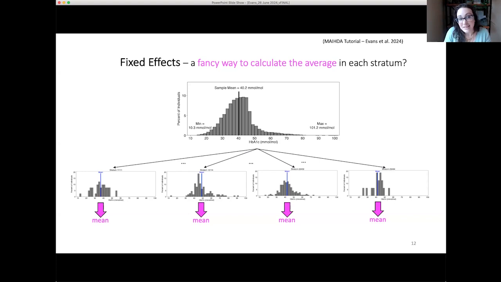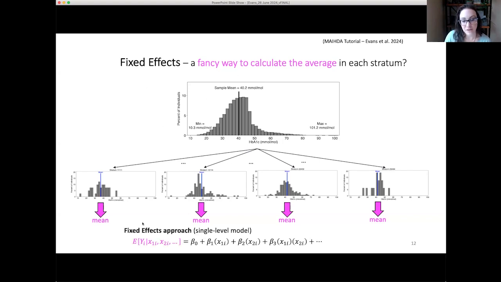You would basically get the same thing if you asked whatever program you were working in to give you some massive cross tabulation in a frequency table. Just give me the mean at each of these combinations of factors. It's the same thing. This just ends up being a fancy way to get at it. And you can see that if you think about expected values. What is the expected value for a person? That's the average in their group, based on whichever combination of X variables is relevant for them. That should just end up being the same thing as the sample average.